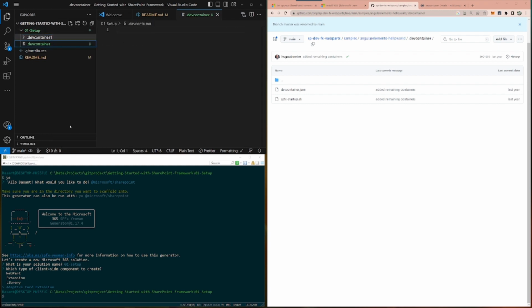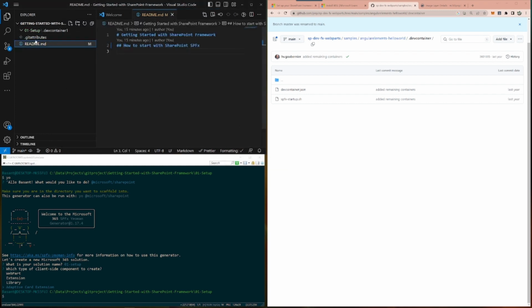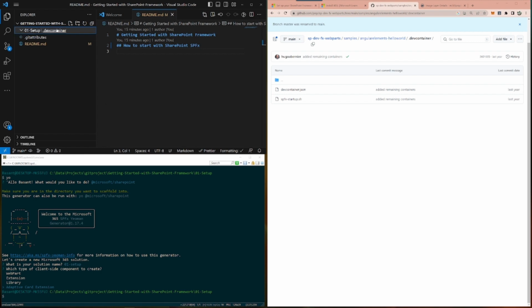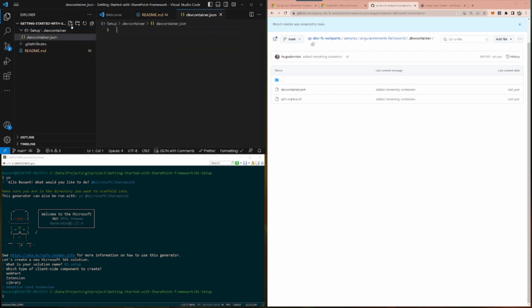Once it is renamed, you will see there are two files that we need to create: devcontainer.json and then spfx-startup.sh. Here the best part is that you need to go to the container and specify which image you need to use, right? I will put everything related to .devcontainer and all the settings into the